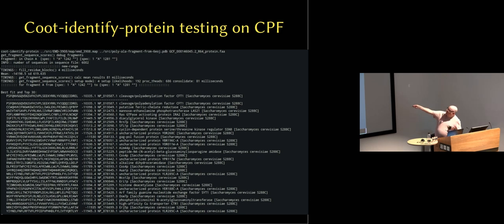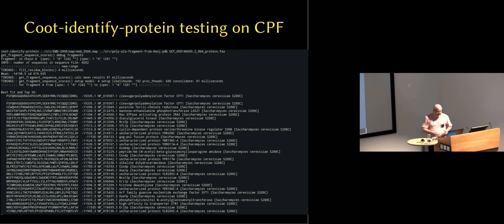It can see, this is a structure with which I was familiar from a few years ago: Laurie Passmore and colleagues, the cleavage and polyadenylation factor. Anyway, the protein is not that important. I just built into a piece of the structure here, and it has identified a sequence, and it's given it